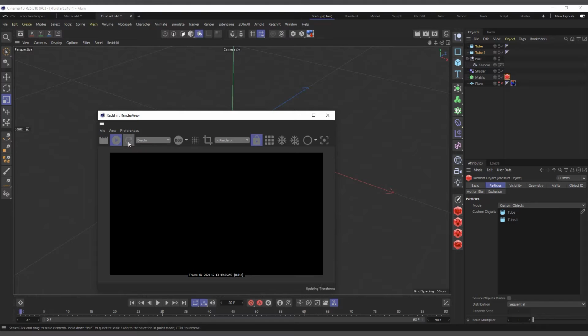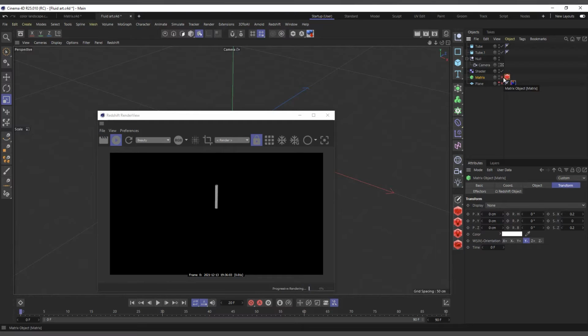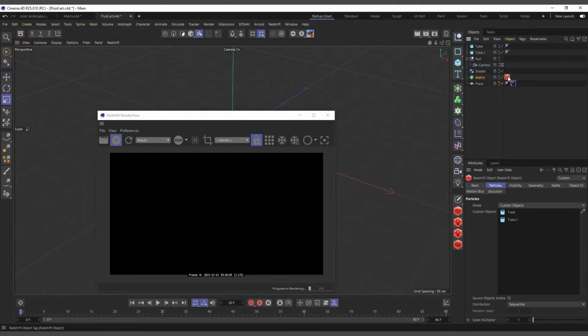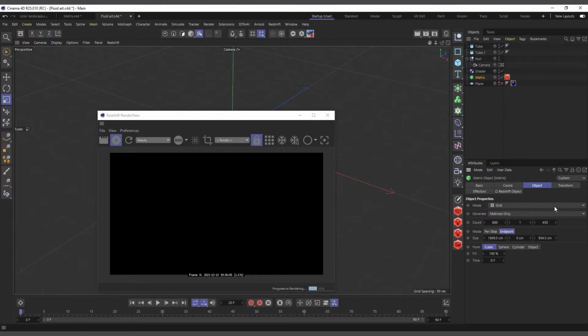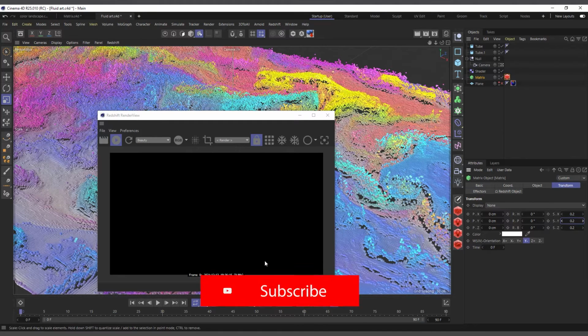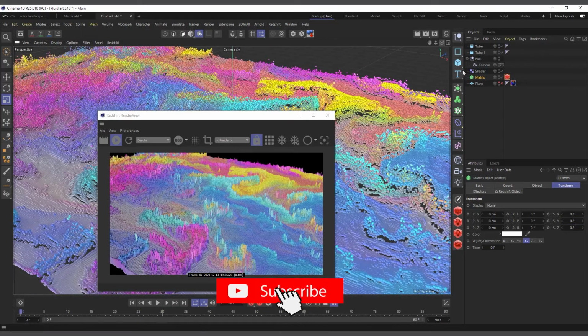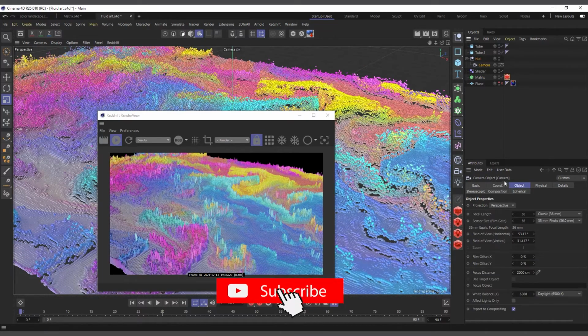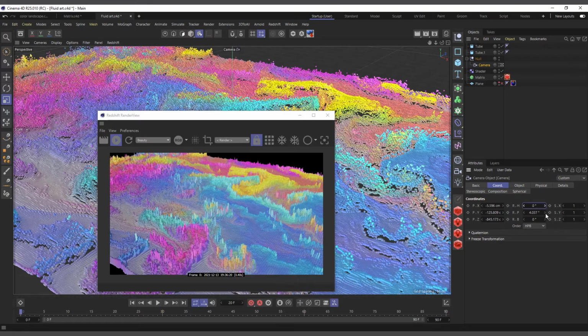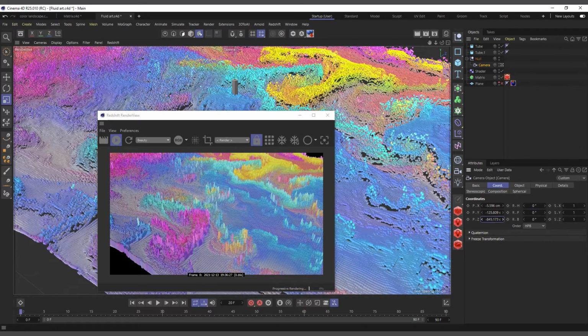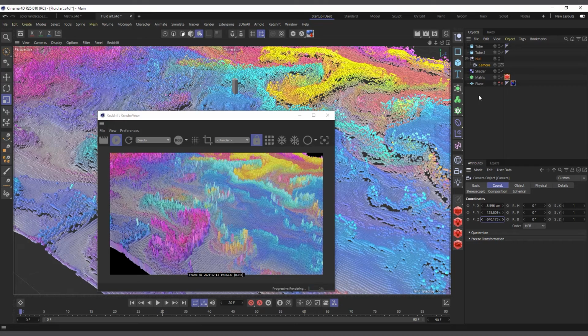Now if we hit re-render, it should be rendering. Actually, let me go into my matrix object's transform. This one is set to 0, so let's bring it to 0.2. So yeah, we can see what's happening. You can see what's going on in our scene, right? And let me zoom in a bit more. The plane selected, probably.